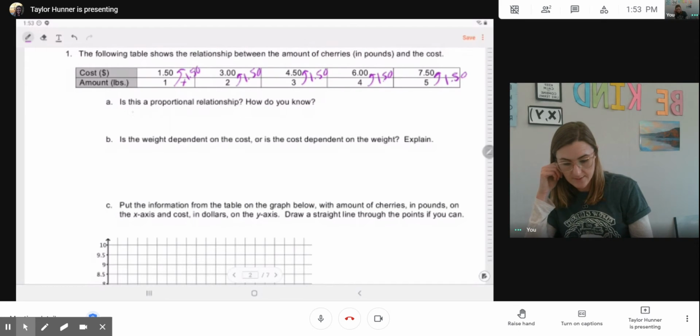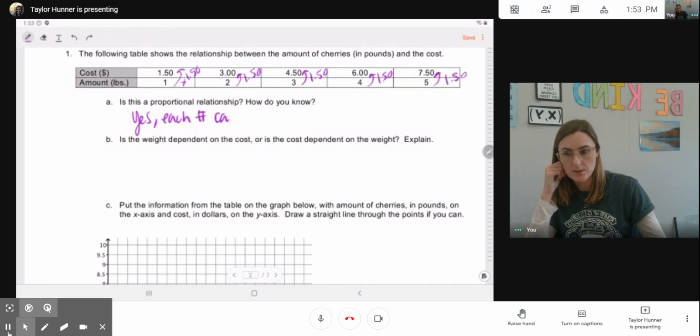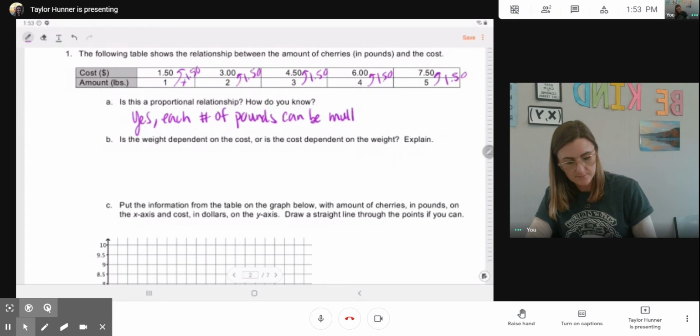So I can say, yes, each number of pounds can be multiplied by 150 to get the corresponding